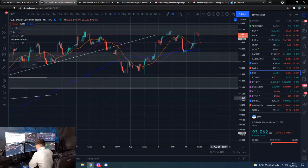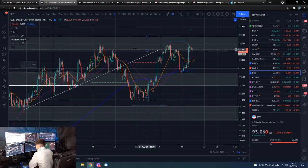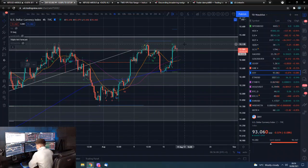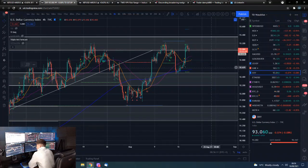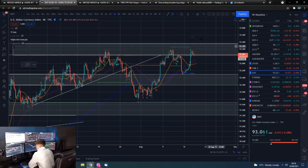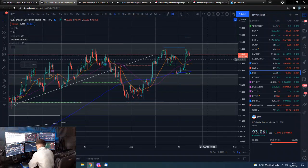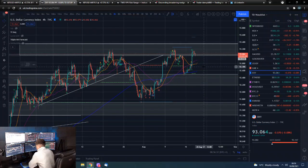But also the DXY back up there for a third time of asking around these same highs in this resistance zone. So is this going to be the time we break up? I mean, we can clearly see there is an increased likelihood of the DXY having a decent move up, potentially even into the 94s. So yeah, obviously there is a bit more risk around in markets, as we can see translating through to price action. So yeah, keep an eye on what is going on,